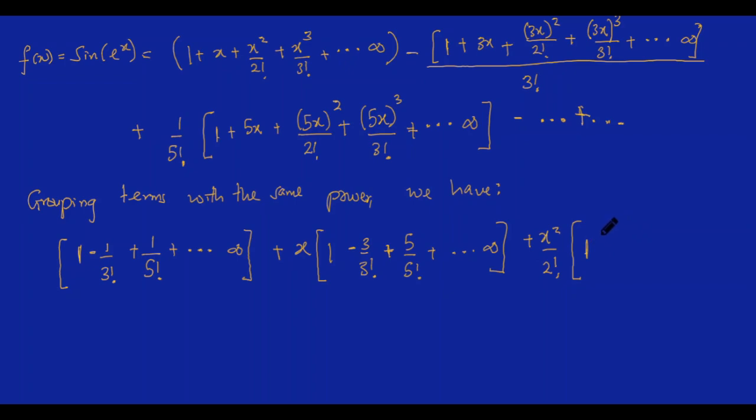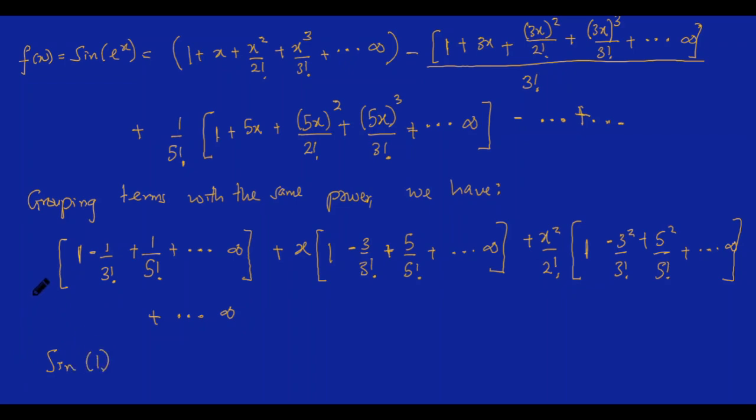1 minus 3 raised to the power of 2 divided by 3 factorial plus 5 raised to the power of 2 divided by 5 factorial plus the rest of the terms, and this goes on for the other terms too. So if you take a look at this first term here, it is equivalent to the value of sine 1,